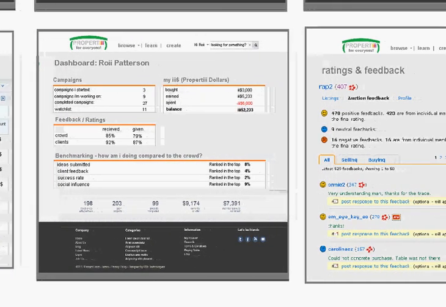Users have a dashboard that shows them at a snapshot how many campaigns they've done, what they're working on now, how many completed campaigns, how many property dollars they've earned, how many they bought, how much they've spent, and what their balance is in their account. They can see an overview of their feedback, what the percentage is, what they've given, what they've received,